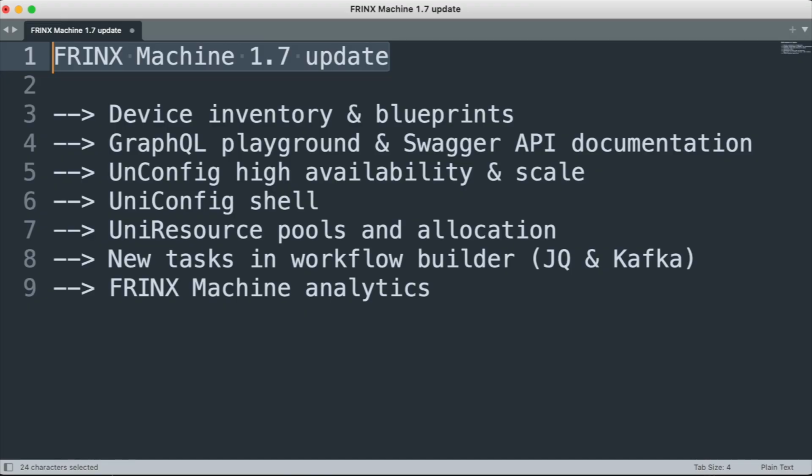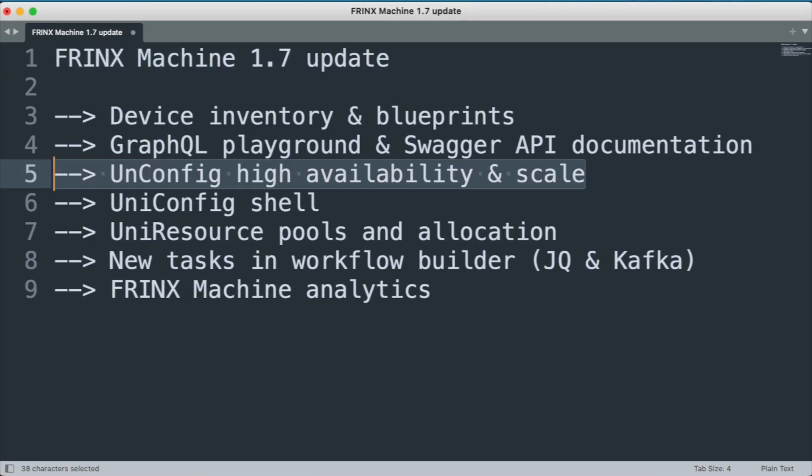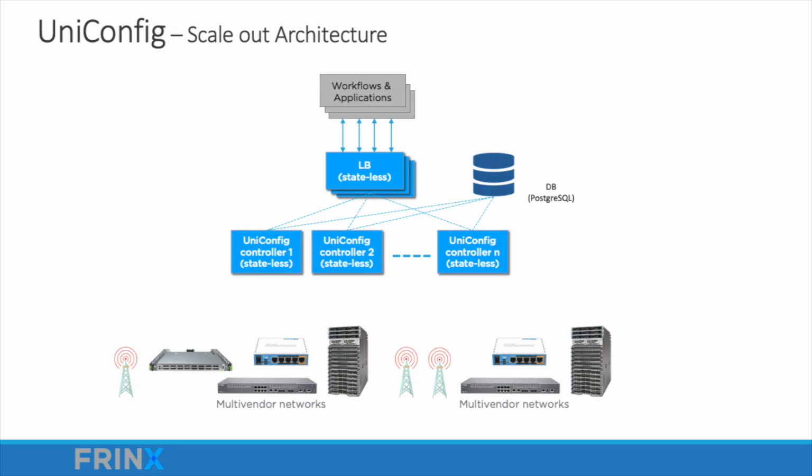Today I'm going to talk about high availability and scale of our UniConfig controller. And there were a lot of changes that went into our latest release. The main difference to previous releases is that we have solved the high availability and scale issue with one approach. We've extracted the database and introduced an external database with PostgreSQL, and we have made it a horizontally scalable stateless controller. And that allows us not only to provide N+1 reliability, but also scale the requests out